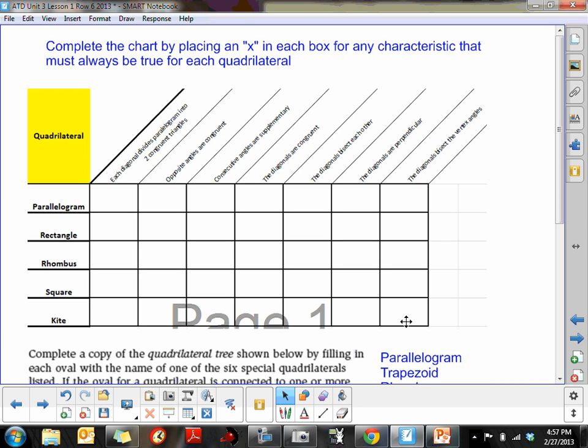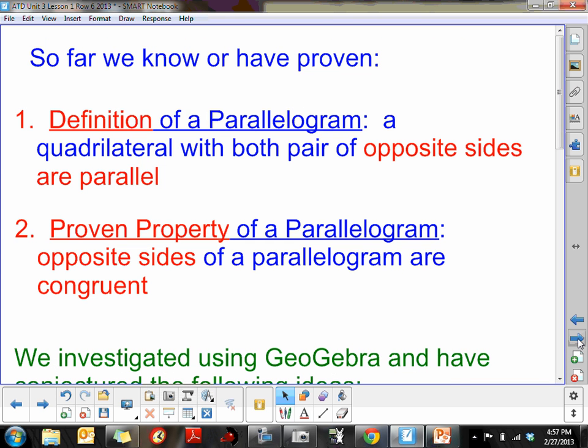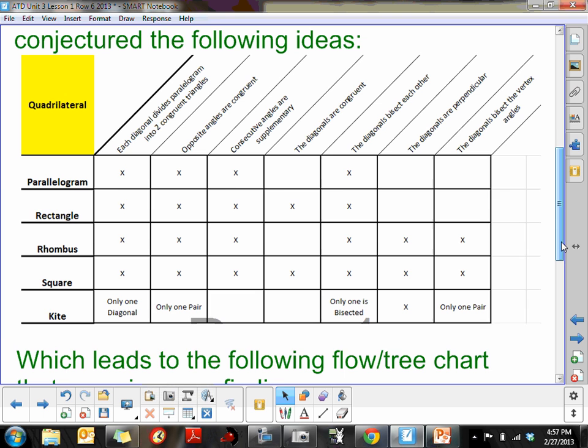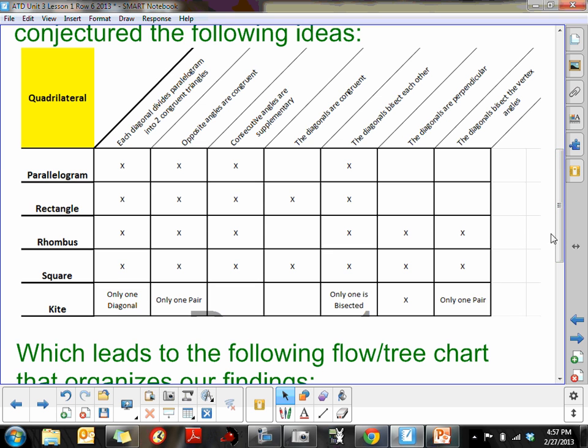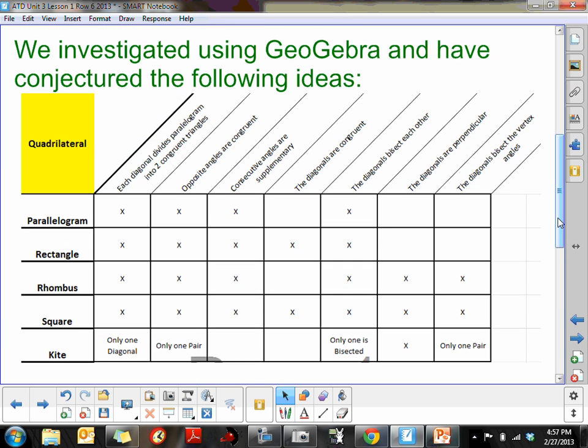So you went and you did that in class, and you followed the procedures and the routines, and hopefully what we were able to do, and you can check this, is you were able to check off these ideas that we conjectured from the investigation that we did with the GeoGebra. So what we're saying is anything that has an X in this box means that we believe that's going to